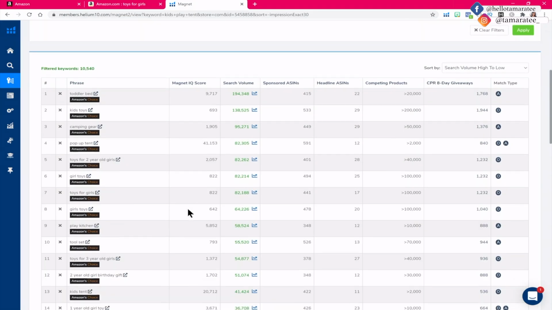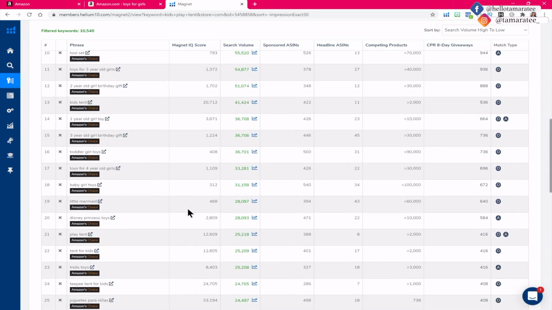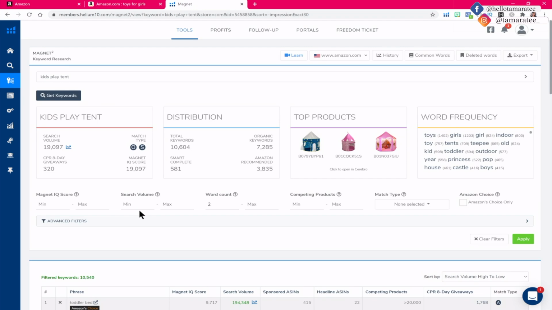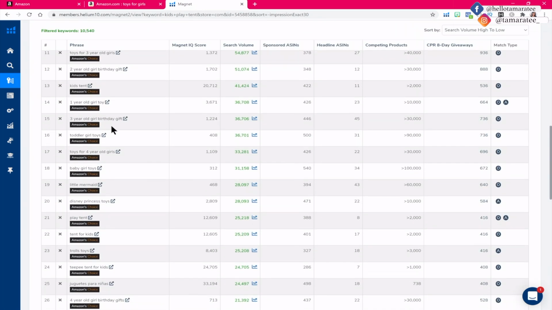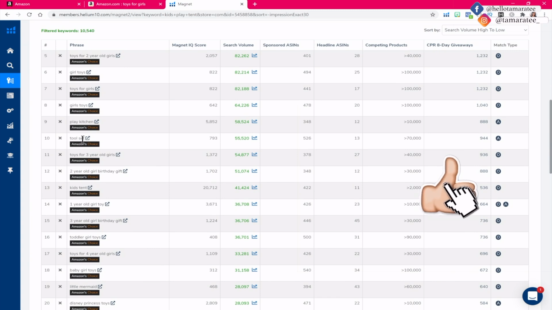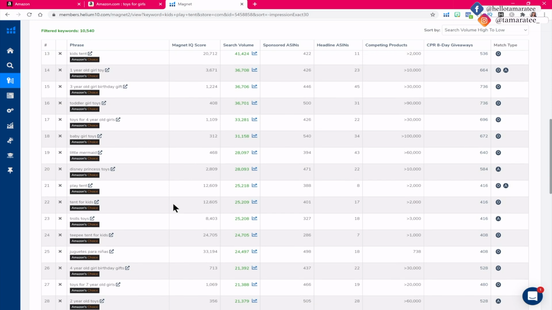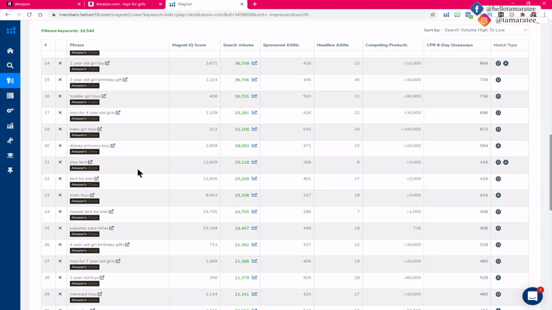Now, irrelevant keywords, let's try to find an irrelevant keyword example for you guys. Here we go, trolls toys. So every single time you type in your product up here in Helium 10, it's going to give you a ton of keywords. Some of them are going to be tool set. Like tool set has nothing to do with your product, right? But you may want to try to run PPC for your kids play tent anyway. You may try to run Little Mermaid because you thought, oh, Helium 10 is showing all these keywords. But the reason why there are some random keywords in here that are irrelevant, like Little Mermaid or Trolls Toys,